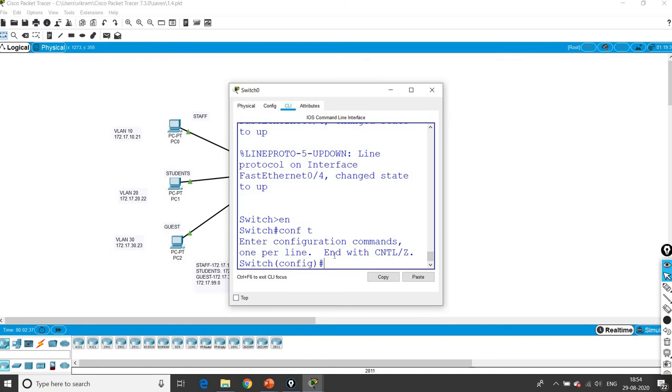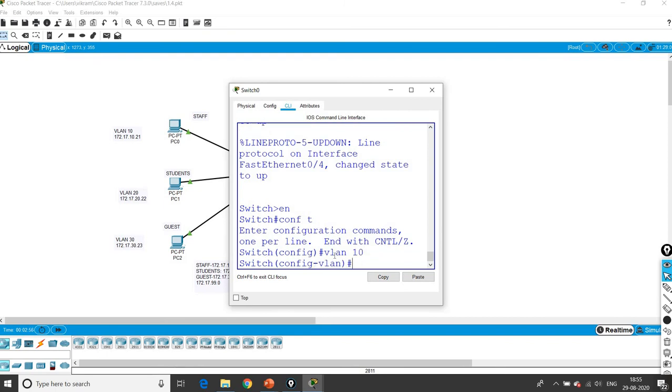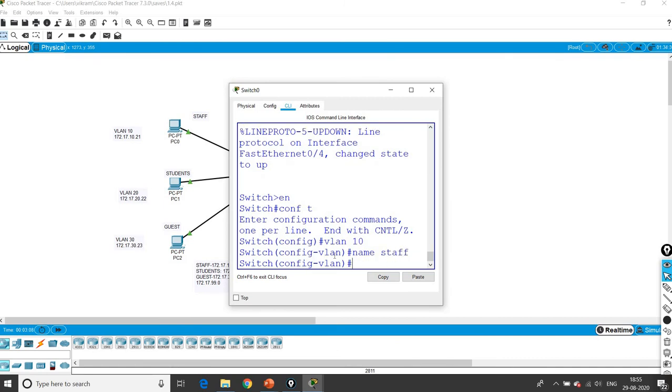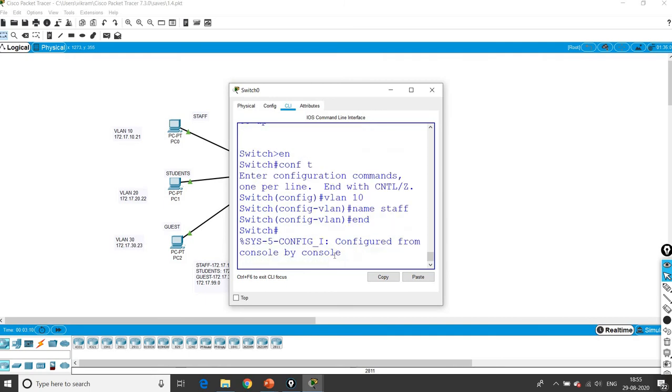So on switch 1, VLAN 10. I'm giving the name, and the name is staff. Then end.